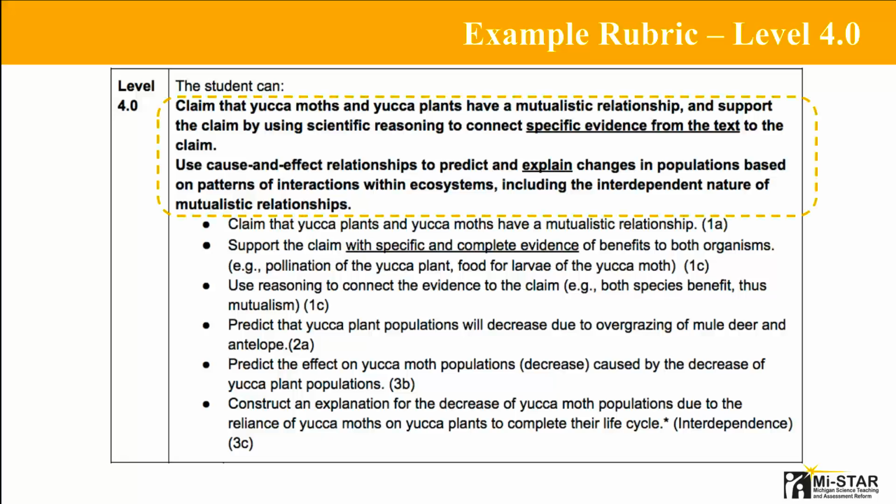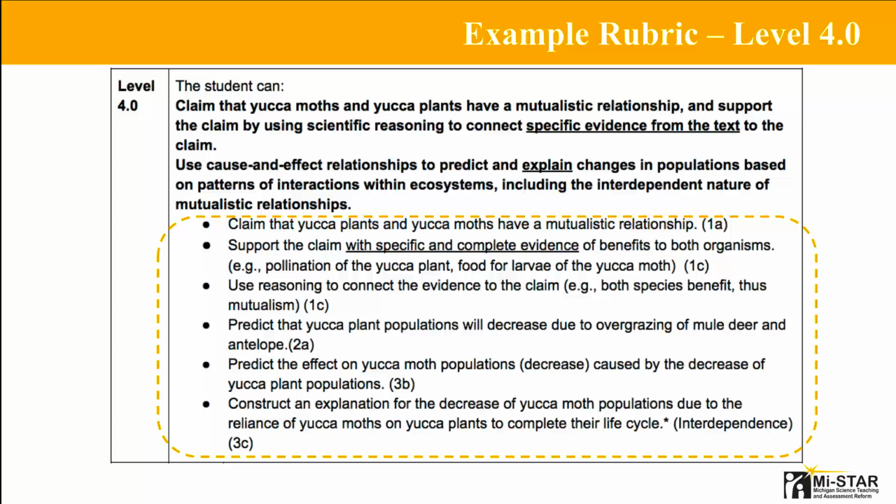Within levels 4, 3, and 2, there is a bolded statement which provides an overview of the knowledge, skills, and abilities a student may demonstrate at that level. Directly beneath the bold statement are bullet points with additional information to clarify and further explain the bold overview statement. These bullet points are intended to be used as a guide to what a teacher might expect to see from a student at each level and are not intended to be used by teachers as a checklist to be applied to each and every student